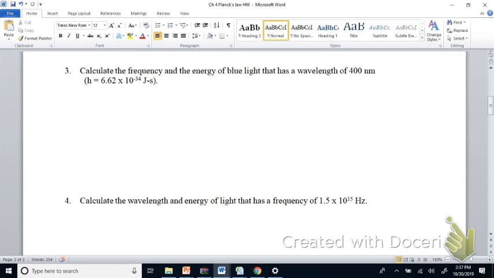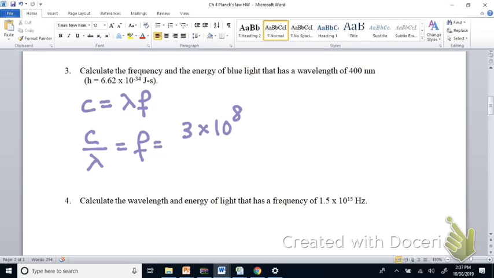So we want to calculate the frequency and energy of blue light that has a wavelength of 400 nanometers. You can do these in whatever order that you want, but since frequency is asked first, I'm going to do frequency. We know that the speed of light c is equal to the product of wavelength and frequency. We know what the wavelength is, and c is a constant. So c divided by the wavelength is equal to the frequency, which is 3 times 10 to the 8th meters